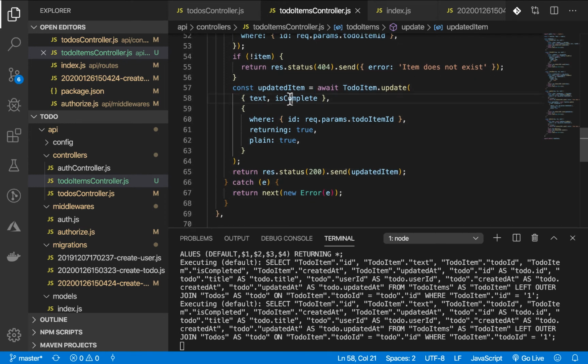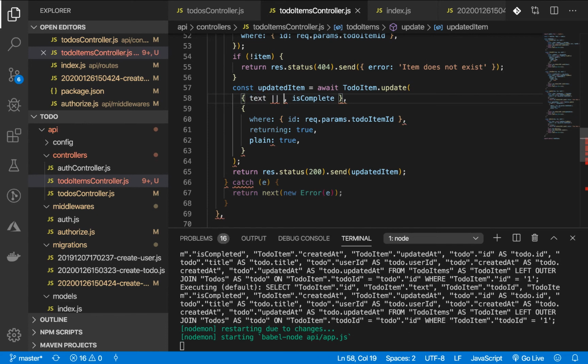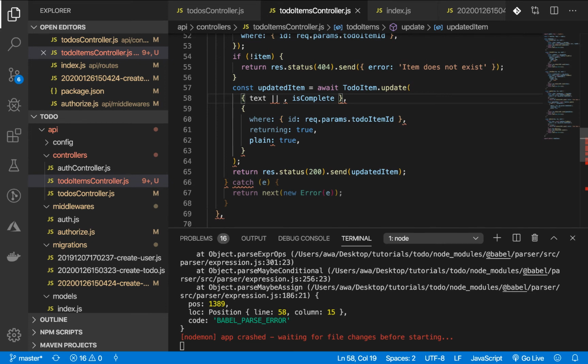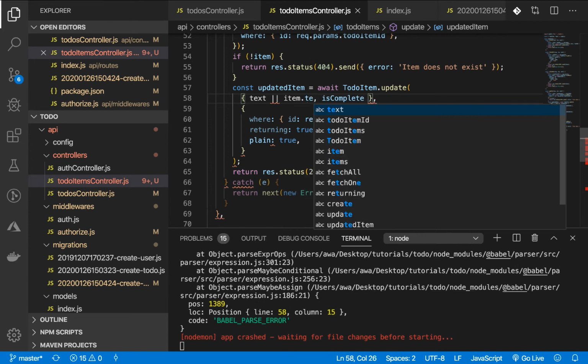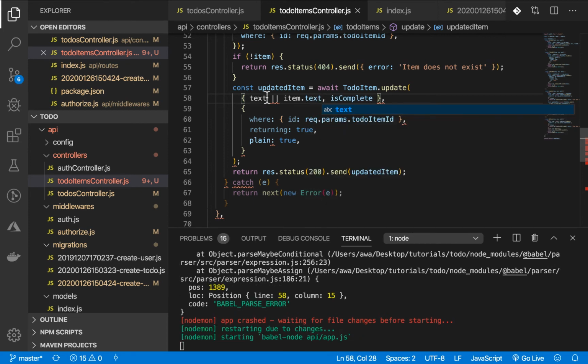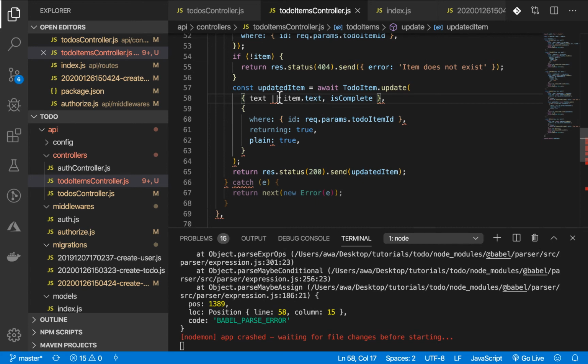Let's say he supplies is complete but didn't supply text, so we have to handle that too. If he didn't supply text, then the text field will be null,